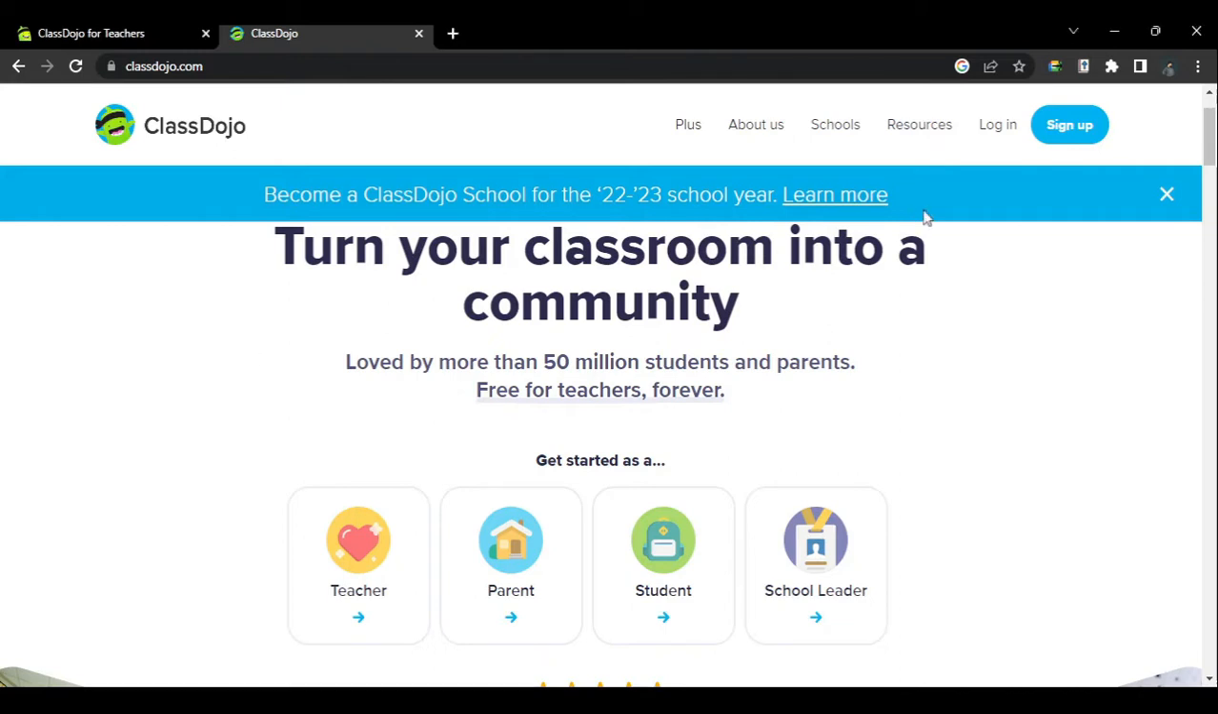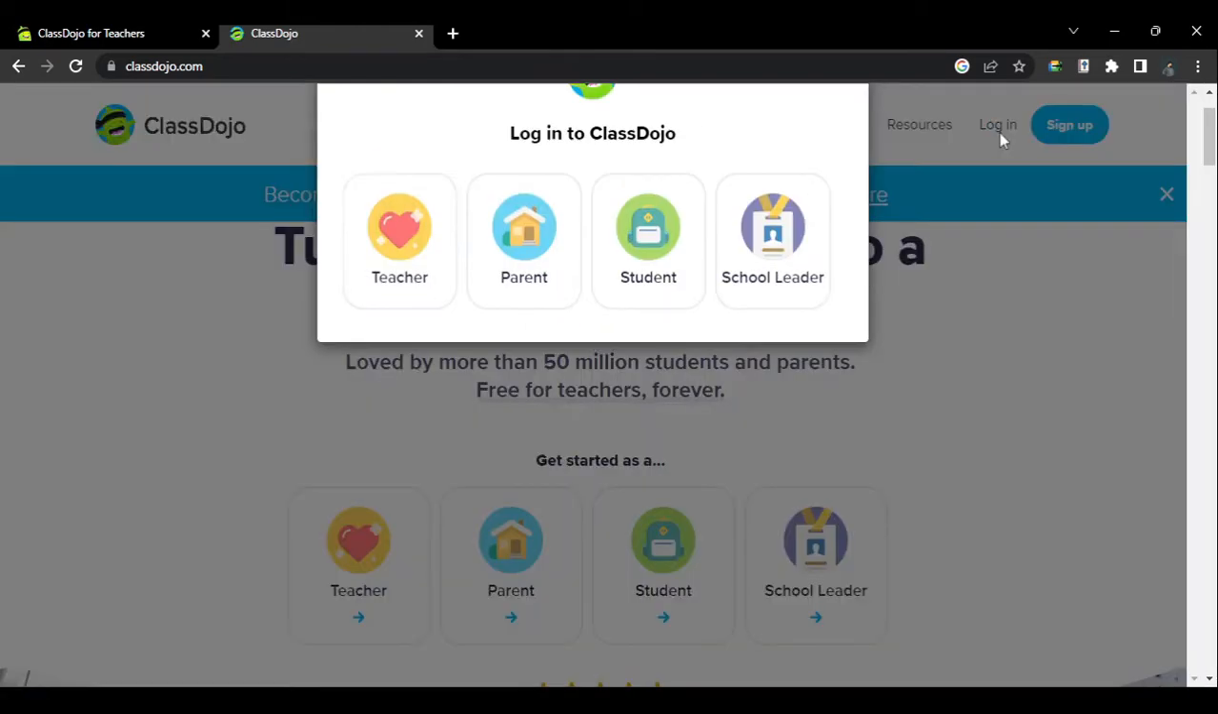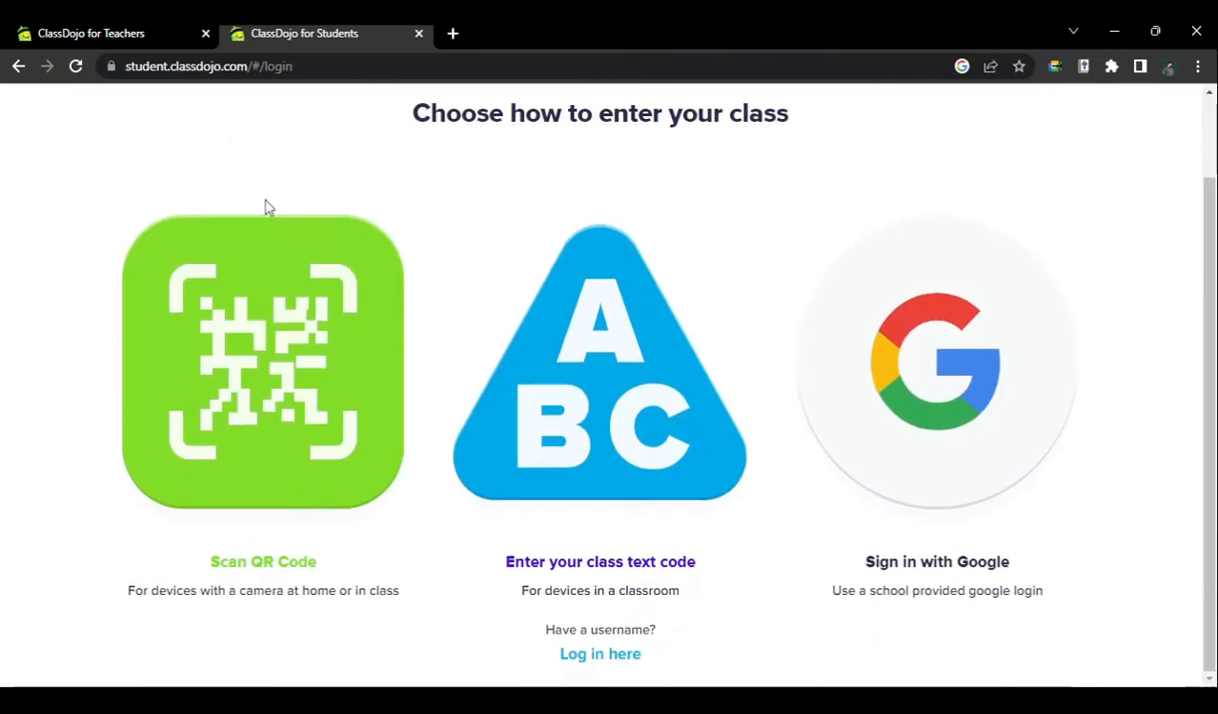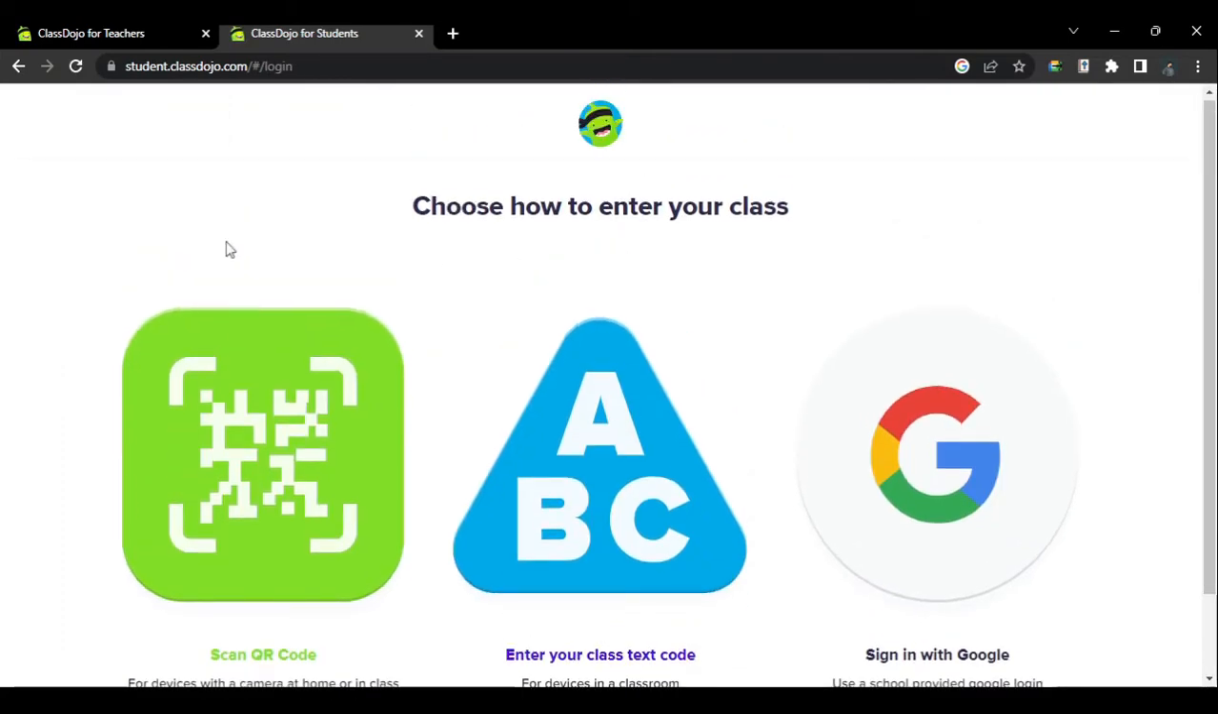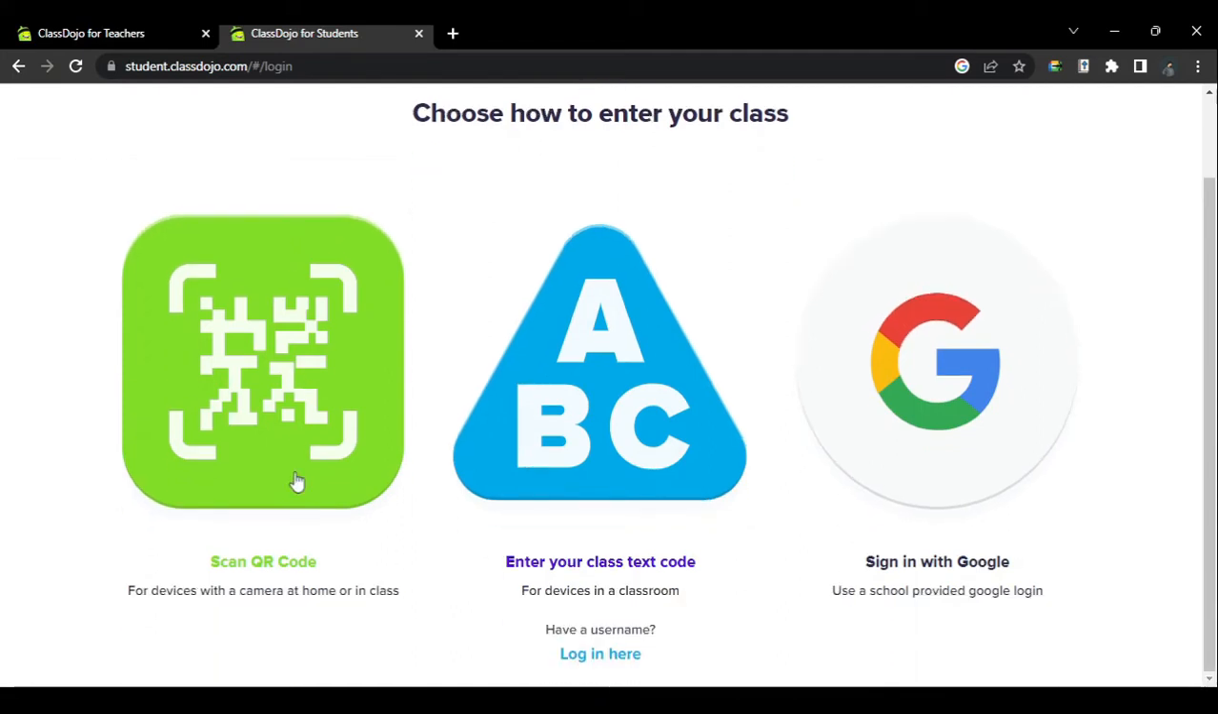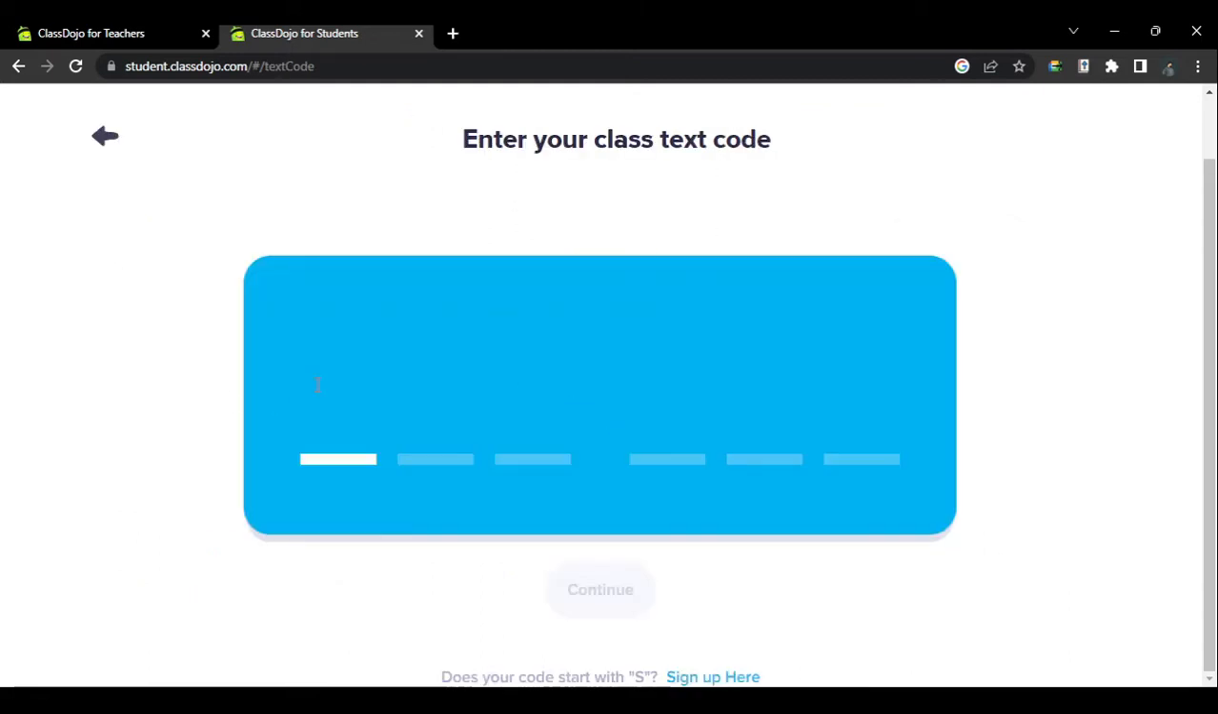So if you just log in, if you have an account, just click student account, and there are three options that you can use, such as scan the QR code that has been given by your maths teacher, or you can also enter your class text code or sign in with Google. But for me, I will enter my class text code because I already have the code. So just enter the code, your classroom code,